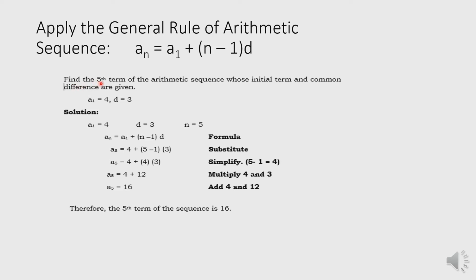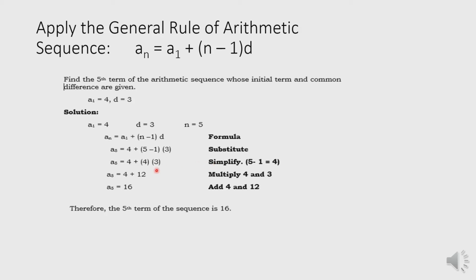Example: find the fifth term of the arithmetic sequence whose initial term and common difference are given. In here, the given is a sub 1, or the first term, is 4, and the difference between two terms is 3. So all you need to do is apply the general formula and substitute the given a sub 1 and d. Since you are looking for the fifth term, our n is equal to 5. So from the formula, just substitute the value of a sub 1, which is 4, and d, which is 3,